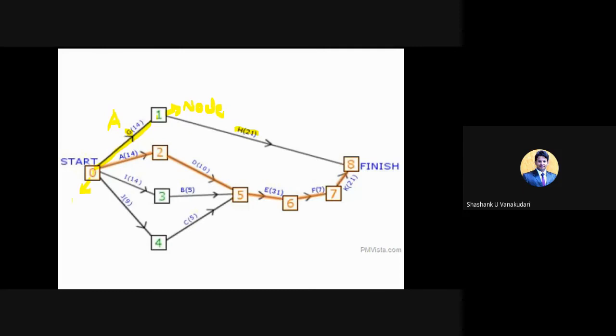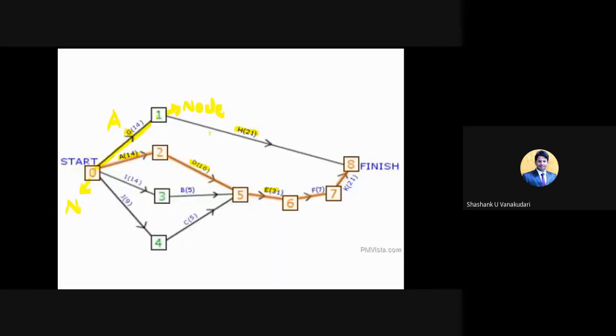So this is also one node, and this is also one more node. So 2 nodes form one activity. Okay, so now I can call these activities G, H, and here E, and then D, A, I, J, B, C, F, K.